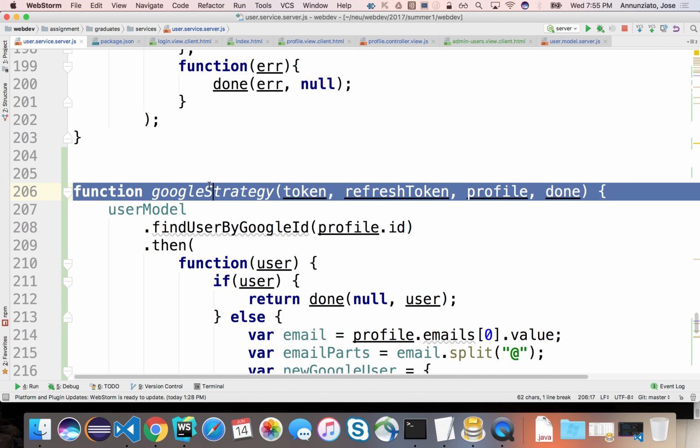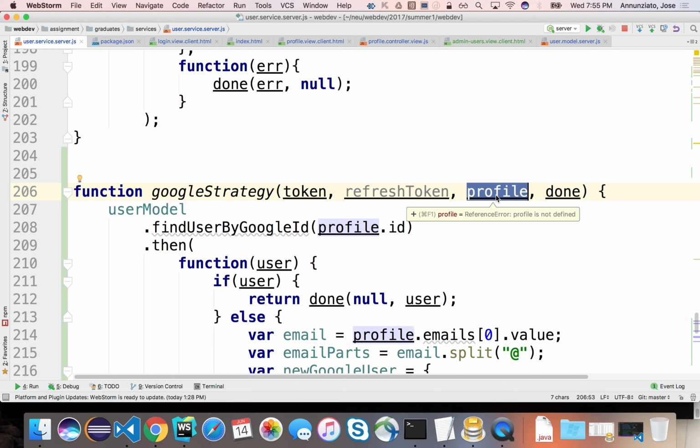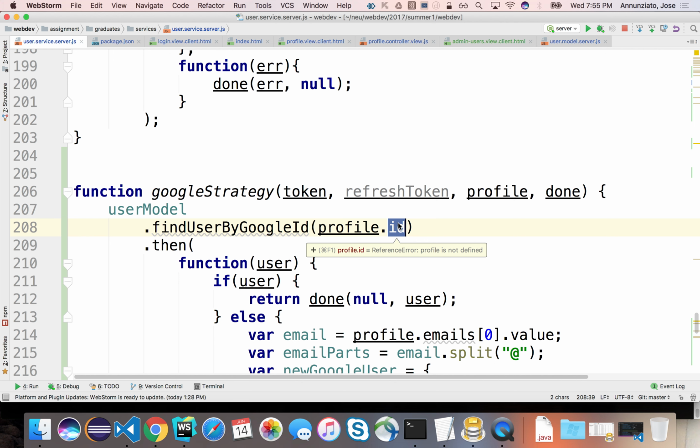So in the Google strategy, there's our profile. It's going to include the user ID, that's it right there, profile.id. That's Google's unique identifier for their accounts. What we're going to do is go in our database and see if that user already exists in our database. If we already stored this user in a database, if the user exists,